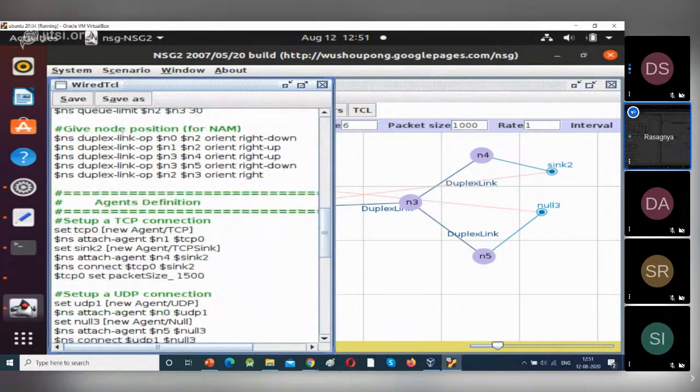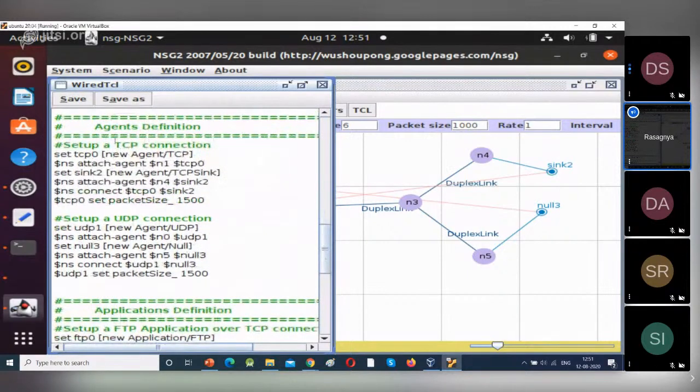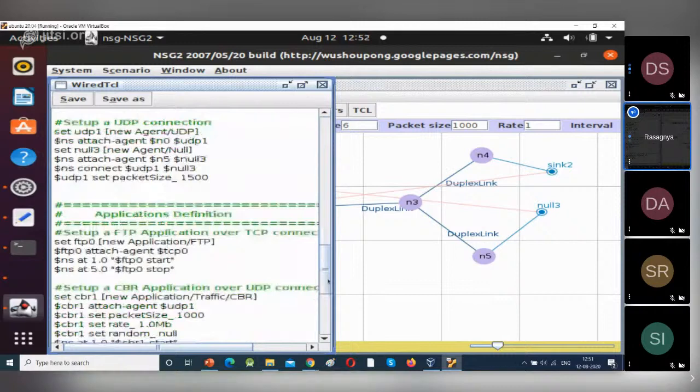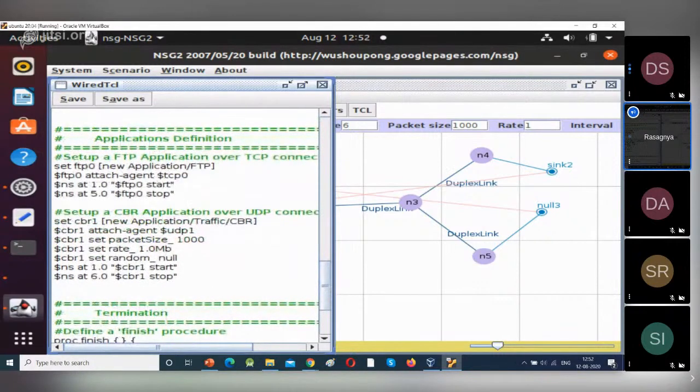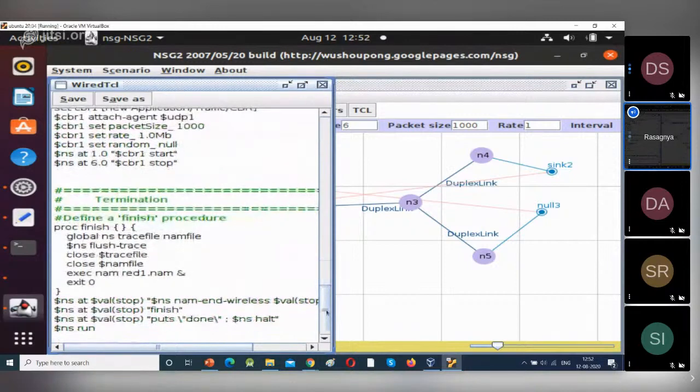Next, these are the positions of the nodes. Next, agents. We have connected TCP and UDP to N0 and N1. Next, application. FTP is connected to TCP and CBR is connected to UDP. After this, we have finish.